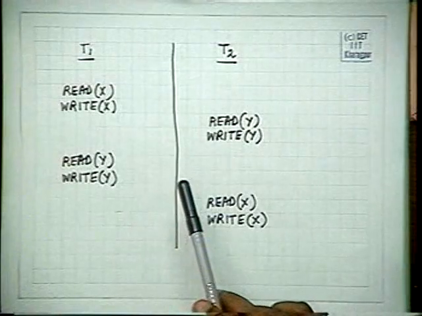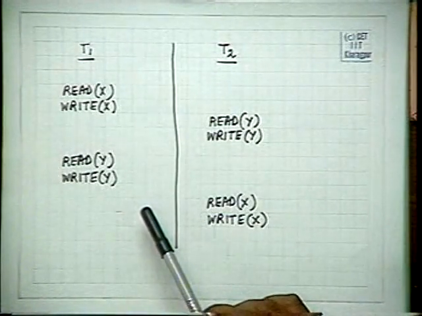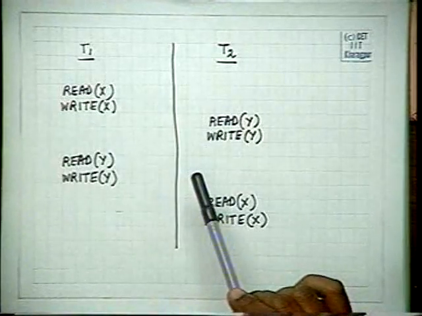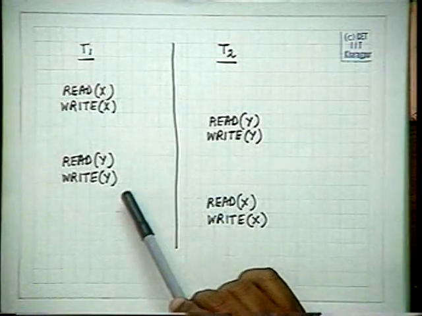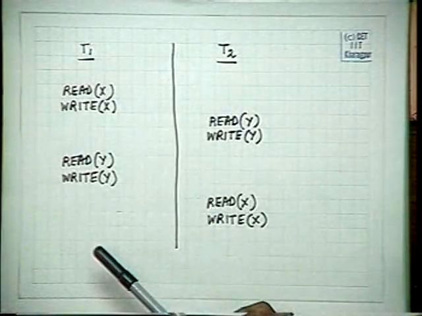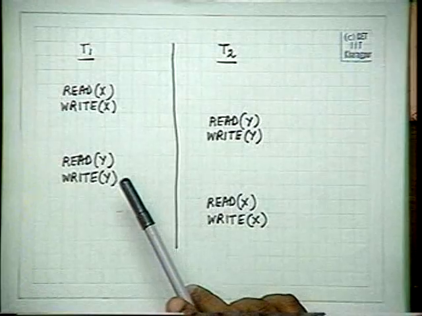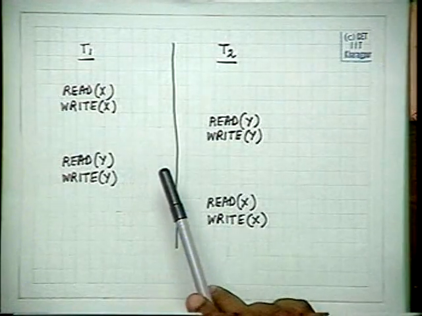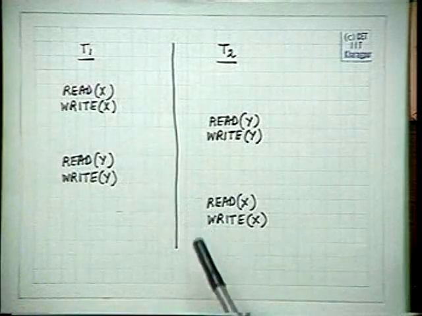Our idea of conflict equivalence is that this is a potentially inconsistent schedule and we shall not allow it. But we have seen examples in which, if we put in the actual information and the actual statements, the schedule may still be consistent with the serial schedule. But since we cannot analyze the semantics of a program, we shall be rest assured with whatever we have, and some consistent schedules we will also not allow, because we are abstracting this information and detecting it quickly. And we said yesterday we were detecting it by forming a dependence graph, and in that dependence graph